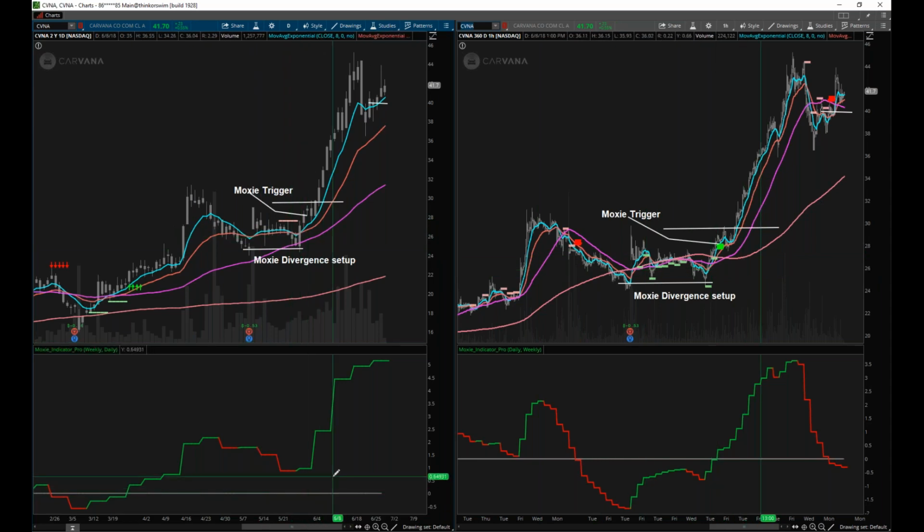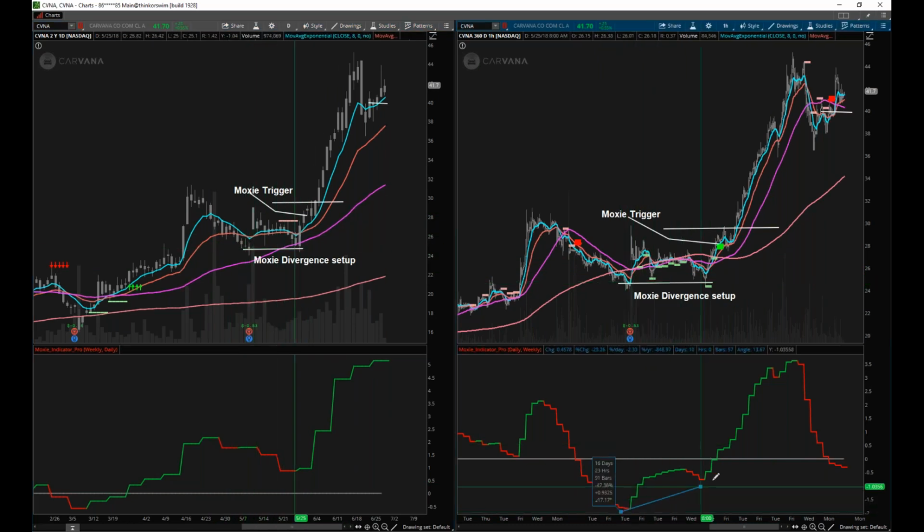chart. So that's telling me that most likely price is going to be bouncing off the daily 50 because there's still energy to the upside because the Moxie indicator is over zero. That should make the daily 50 firm, and price should then bounce off of it. So then I look down to the hourly chart to get a more precise look at this and say, what am I seeing? Well, I see a double bottom with price, and I see big divergence here with the Moxie indicator telling me that there's some pressure in this thing and it's going to work.